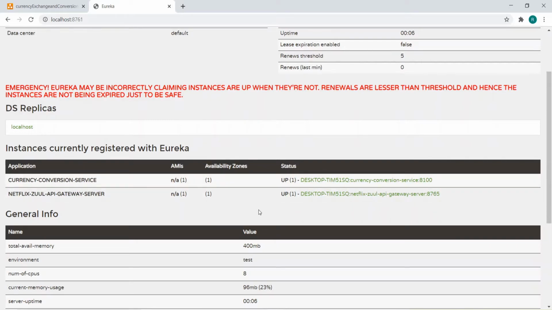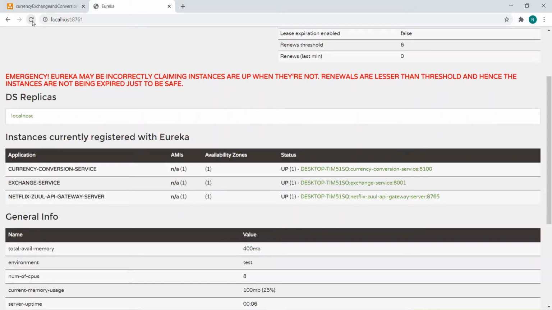The currency exchange service has still not started, so let's wait. Now the exchange service is also up and running. So now the currency conversion service, exchange service, and Zuul API gateway server have log information, and we have implemented Spring Cloud Sleuth.